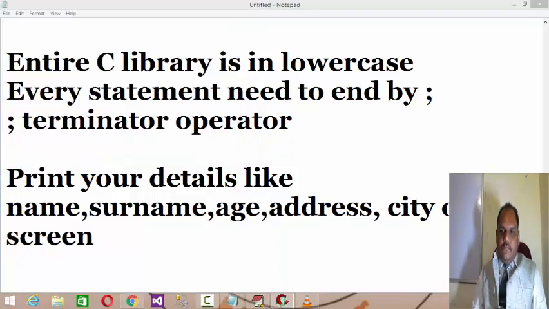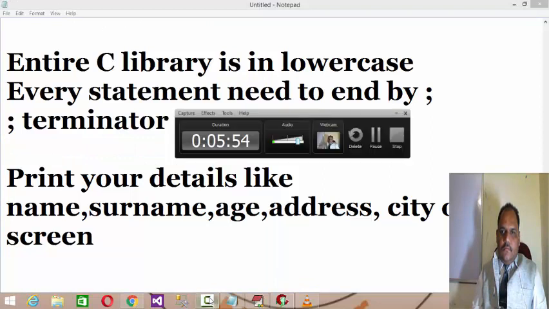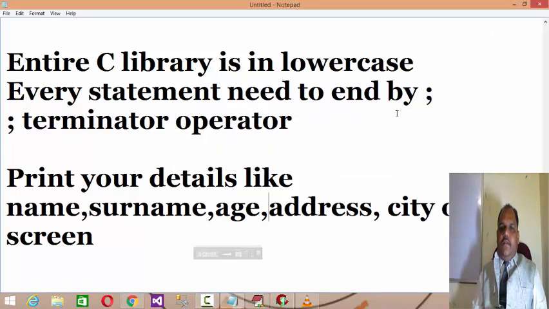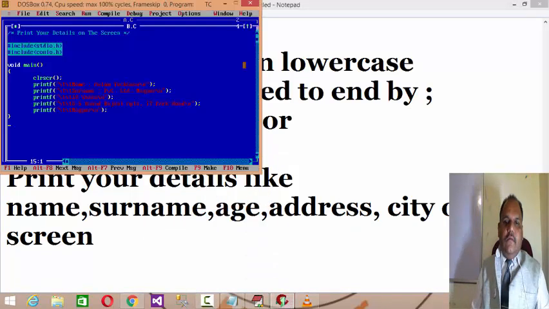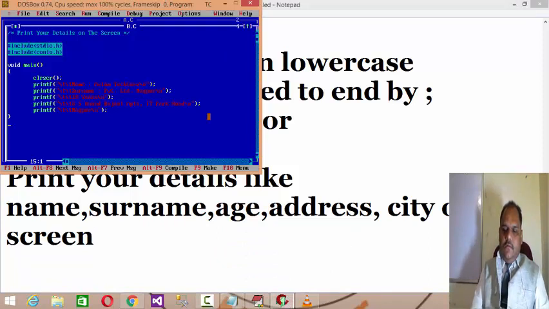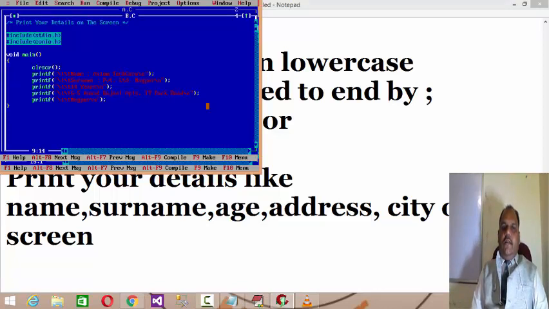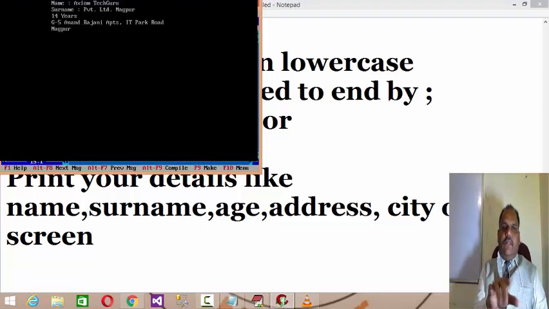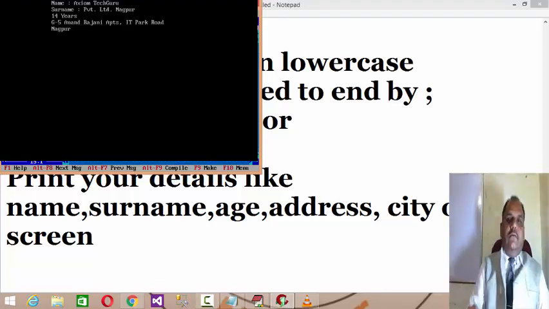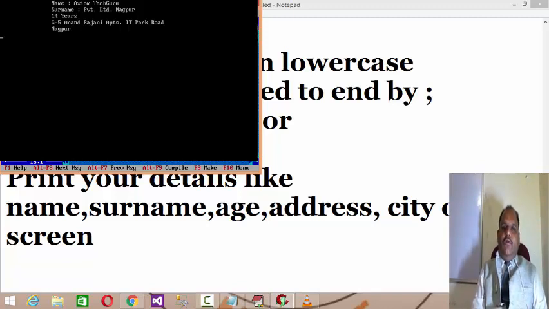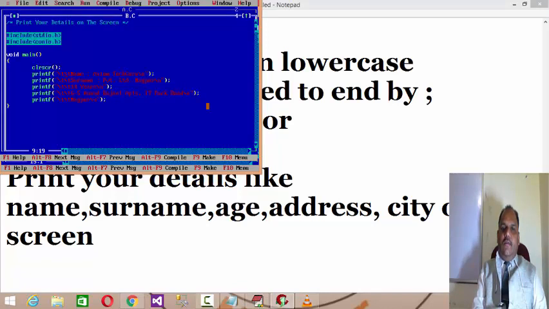So this is the way how we can print. Here I introduced \t to get a fixed space. Now observe the result over there. There you got two tabs and then the printing, and then you go to a new line. Here you print name, surname, age, address, city, and then you can print the things out. Right?